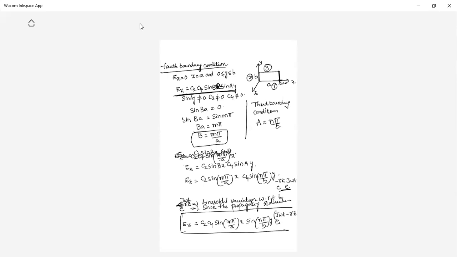So for TM mode, Hz becomes 0. What is the requirement for us? Ez is required. So for that reason, we have calculated the Ez expression. Hz is not required because TM mode itself tells us Hz is 0. So can I calculate Ex, Ey, Hx, Hy now using those expressions we derived yesterday? Yes, we will see that.